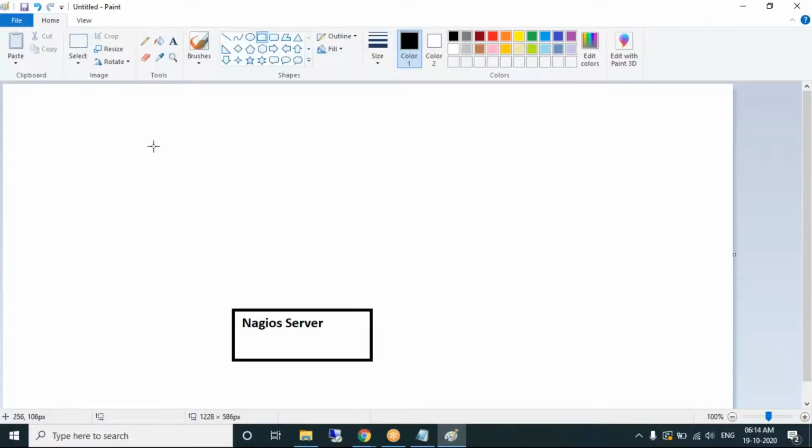If you want to monitor a particular EC2 machine, you should learn how we can add that machine to the Nagios server. You can monitor 10 machines also. All the 10 machines we should add to the Nagios server. How can we add machines to the Nagios server? We'll also experience it. That's the reason we'll be creating 2 machines. On the first machine we install Nagios, and then the second thing we need to do is learn how to add machines to Nagios. That's the reason we need 2 machines.